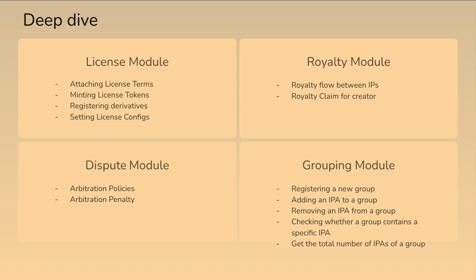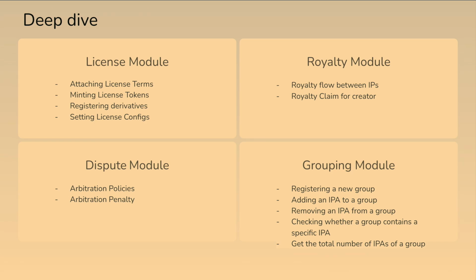And then we have the royalty module, which takes care of the royalty flow between parent IP and child IP, where for each parent IP we generate a royalty vault. Through that vault we can aggregate all the related remix royalty back to the original user. So this sorts out the problem between derivative creators and original creators, the cliff between those types of users.